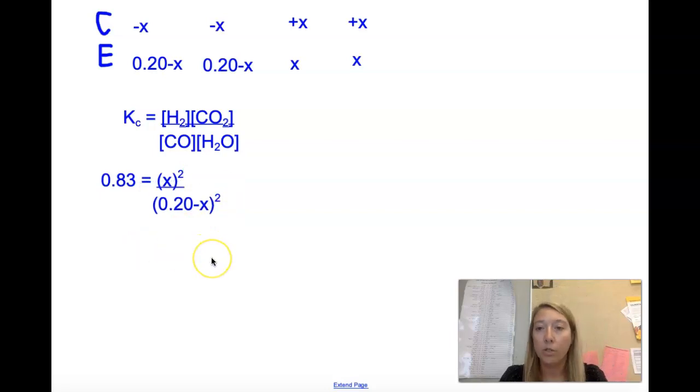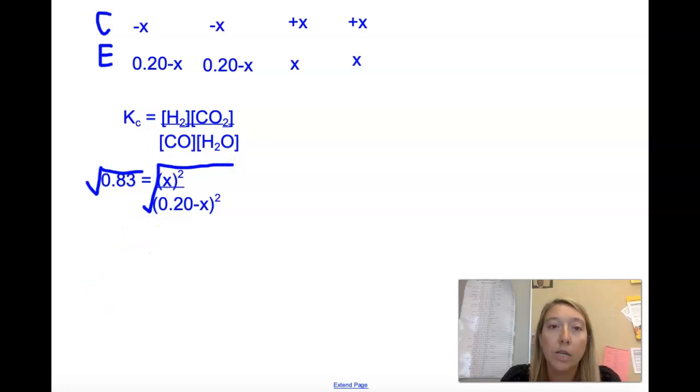So why did I want to do that? The reason I wanted to do that is if this is squared and this is squared and this is a number, I can take the square root of both sides. Why would I want to do that? Well, because otherwise I'm going to have to use quadratic or I'm going to have to graph this to attempt to solve for x. But if I take the square root of both sides,